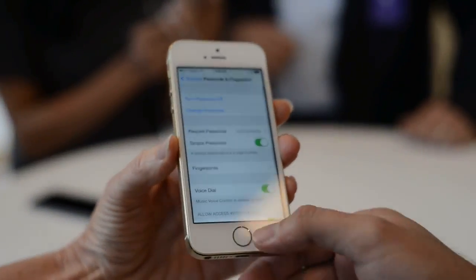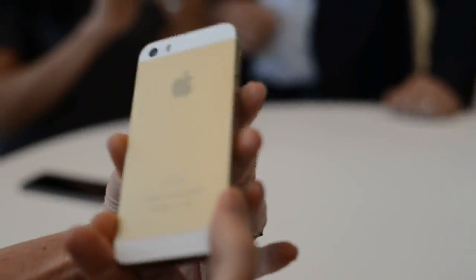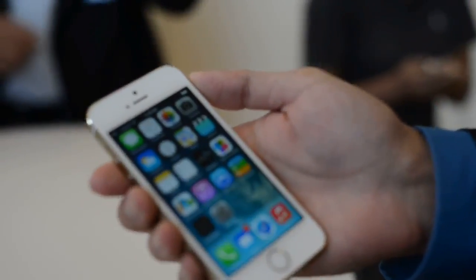Okay, so why don't we go back to... you can just talk. Here, how about you hold it and do that, okay? Yeah. Sorry. That's all right. I'm going to put in the passcode for the first time through the...